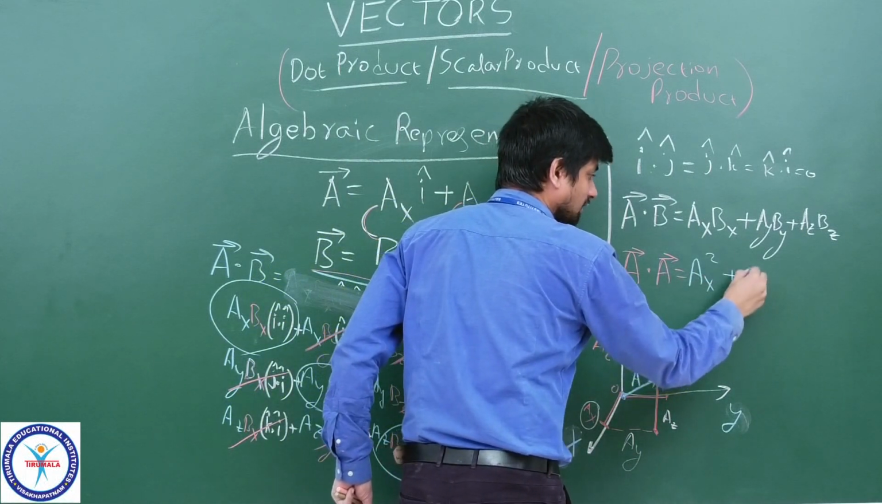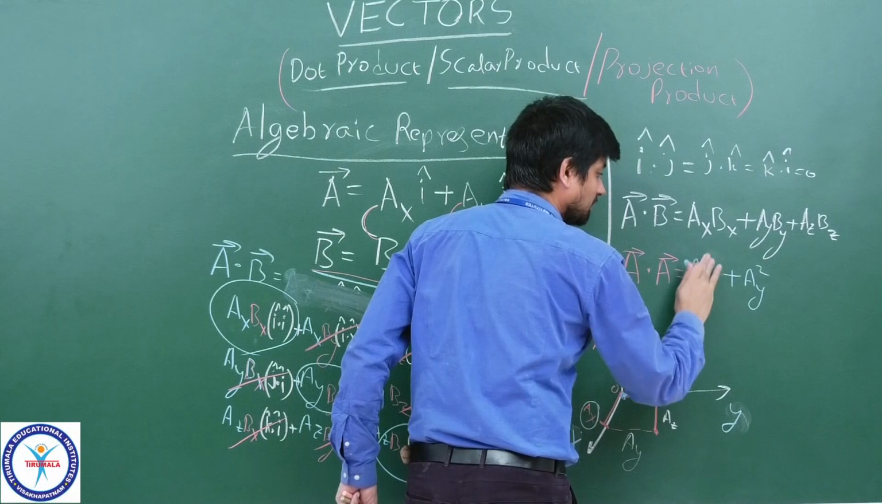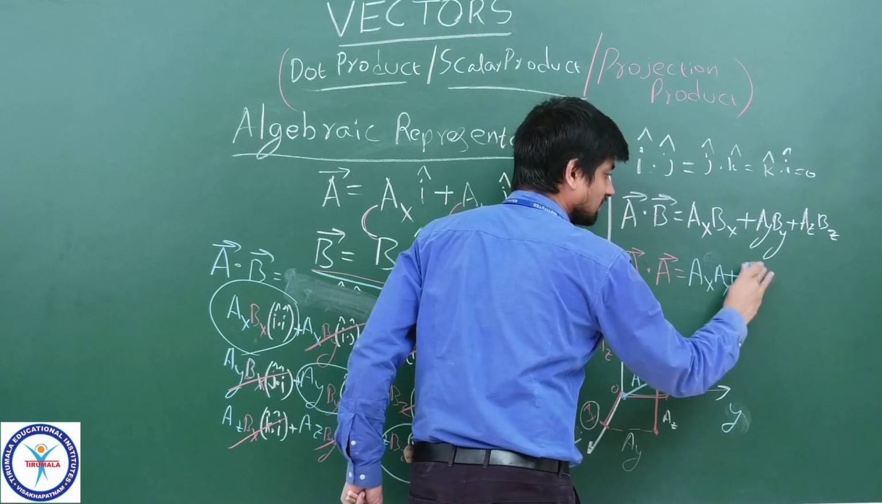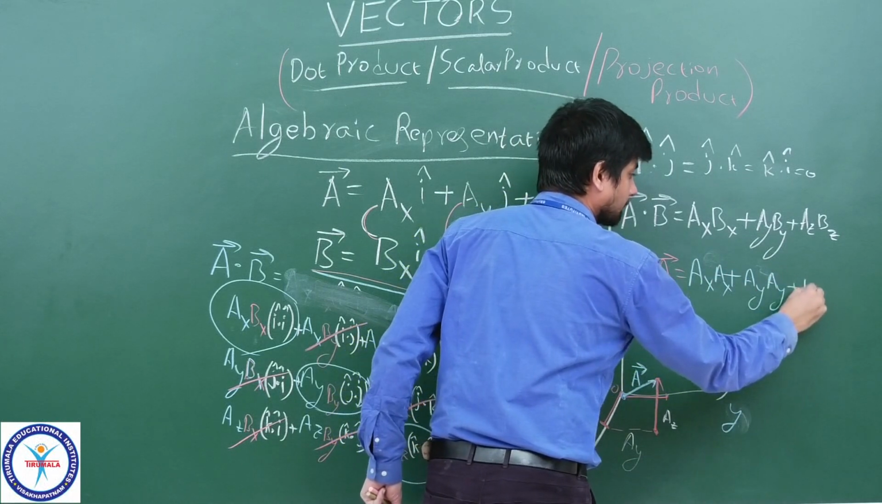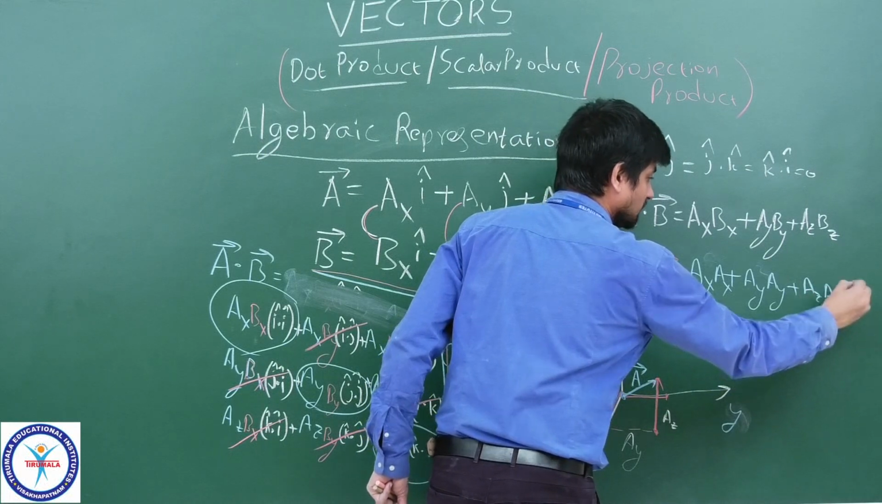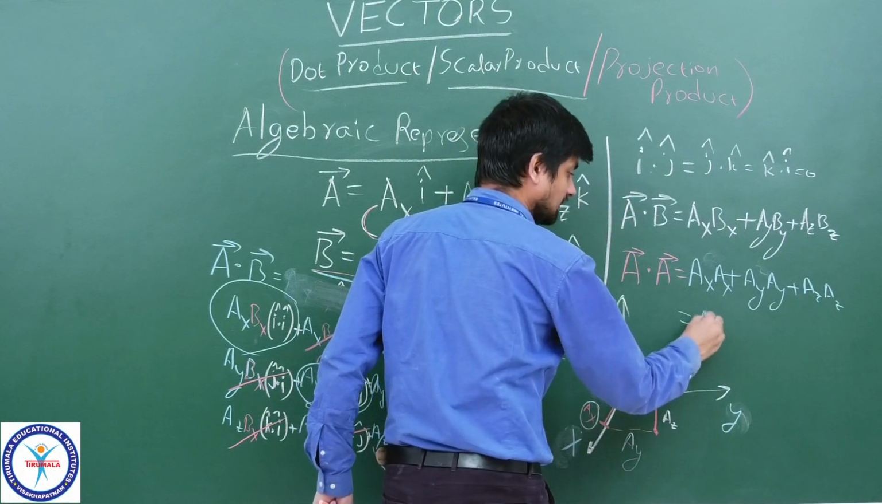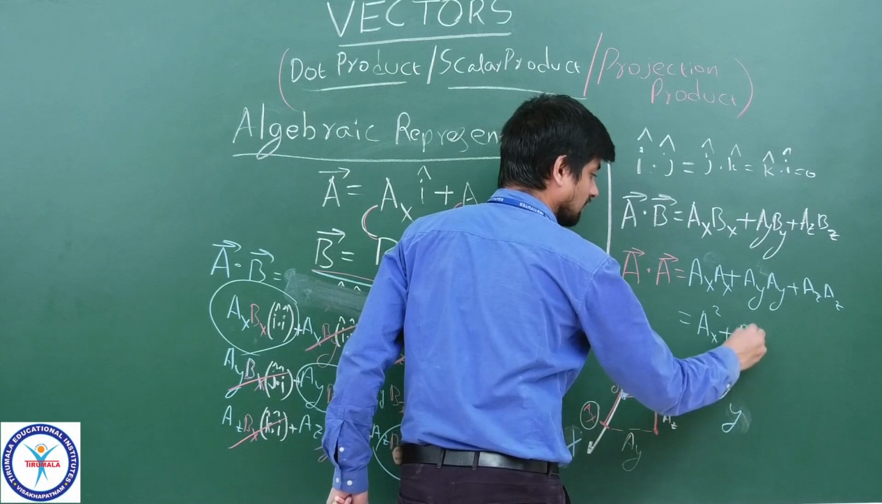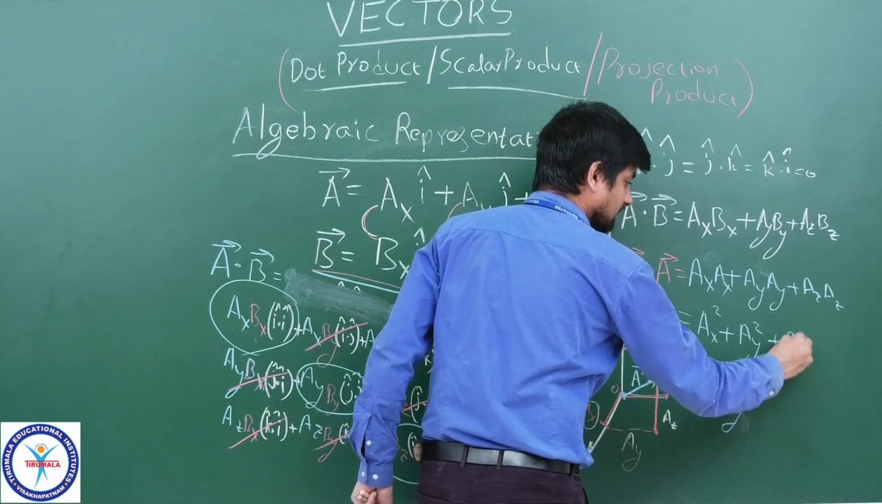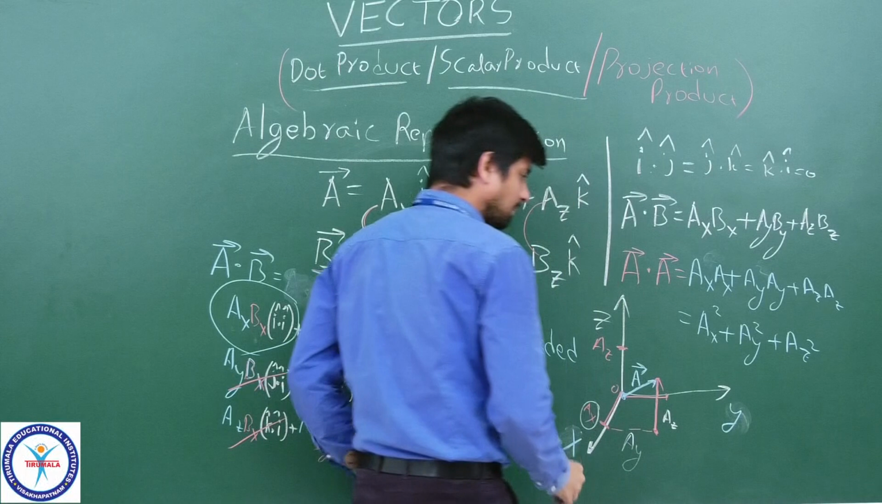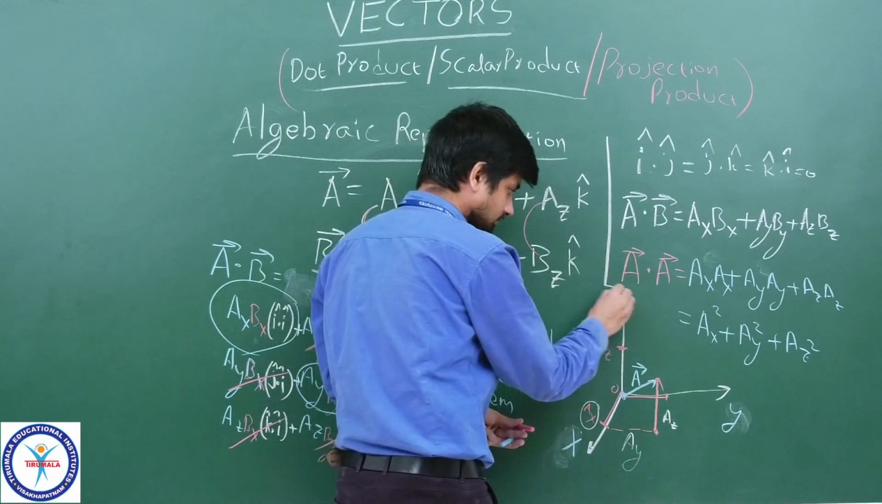Ax square, Ay square, why? Because Ax into Ax, Ay into Ay, Az into Az. So what do you get, children? Ax square, Ay square, Az square. But keep it in mind,